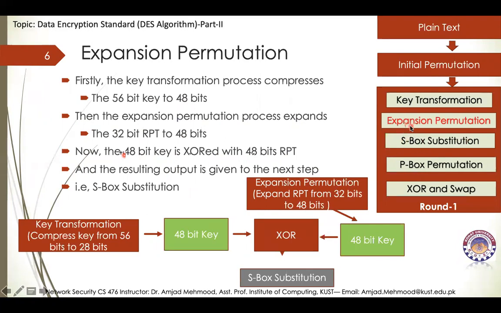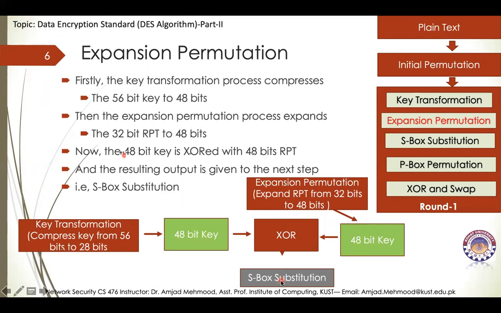So this way, after expansion, this will be received by the S-box substitution. You can understand this with the help of an example, that here we have key transformation, which compresses the key from 56 bits to 48 bits. And here expansion permutation will be done, and the right plain text will be expanded from 32 bits to 48 bits. After that, both will be XORed, and the result of the XOR will be passed to the